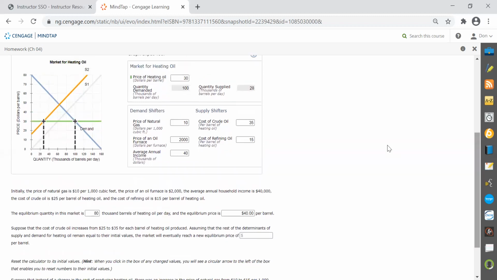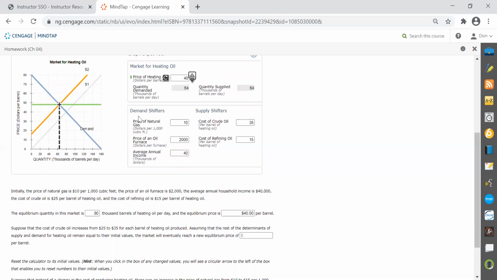Well, what we're going to want to do is come up here and see where our supply and demand curve intersect. The best way to do that, let's see if we can. Nope, we can't do that. But what I'm going to do is keep moving this to where the supply and demand curve intersect, and that should give us the